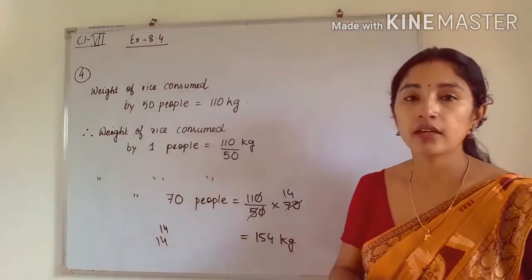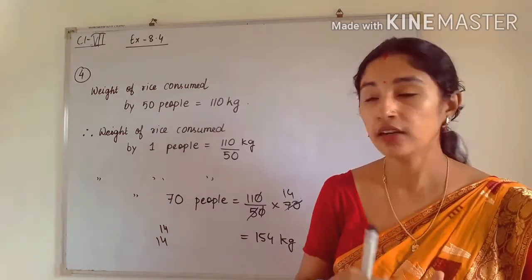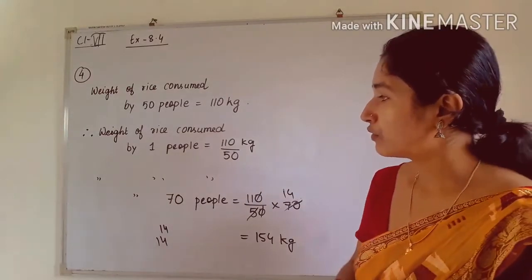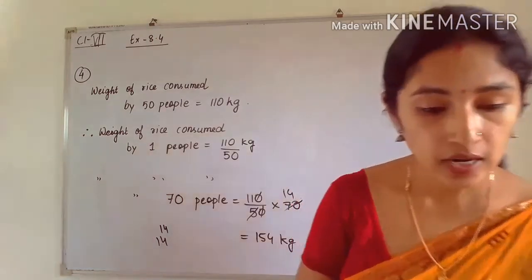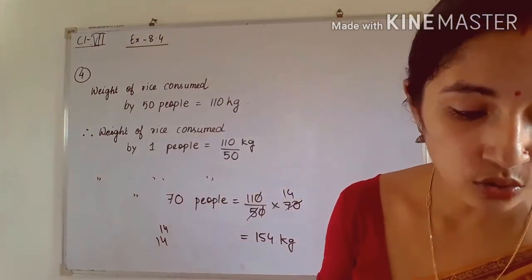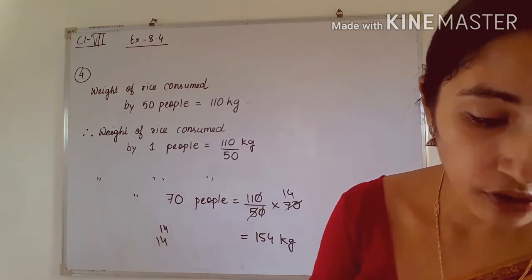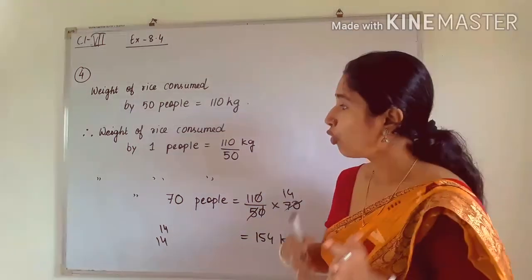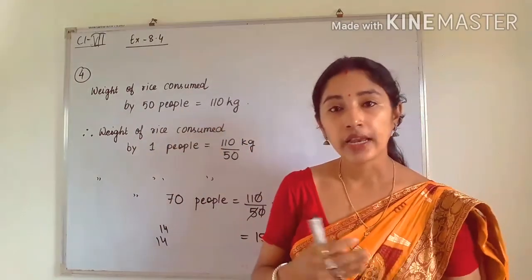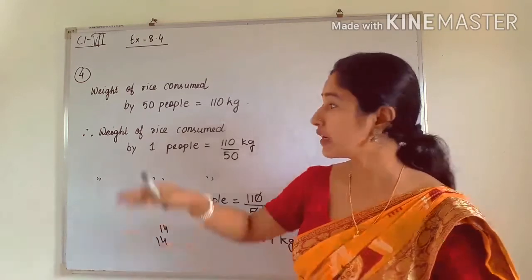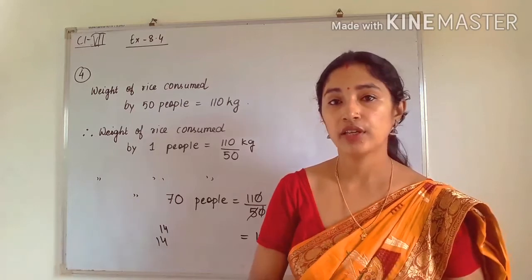See, here it is written that if 20 people more join in that group, then what will be the weight of the rice consumed by that number of people. So it is given that 20 more people join in this group. After that, how many kilograms of rice will be needed for a week? See, already 50 people are consuming 110 kg in the first week. In the second week also they will consume. Okay, 50 people will be there. They will not go. They will be there.